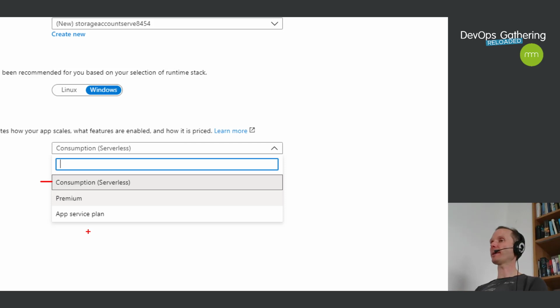Consumption has one drawback. Consumption is like a rather slow heating system. So if you have a sudden burst in users that would like to view your, I don't know, latest cute cat video, everybody wants to view your cat video, then maybe the consumption plan is a little bit too slow. It reacts pretty fast, but maybe for you too slow.